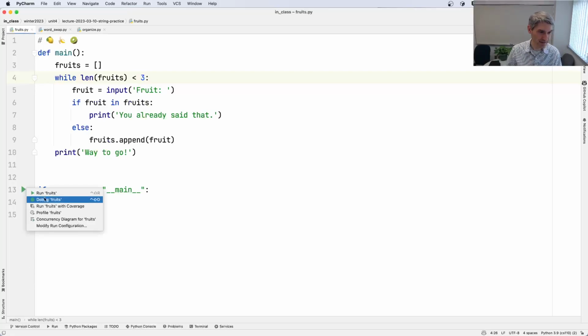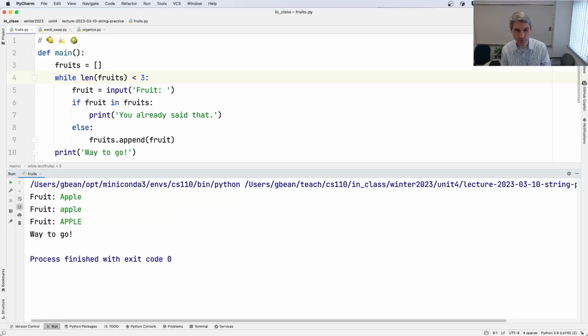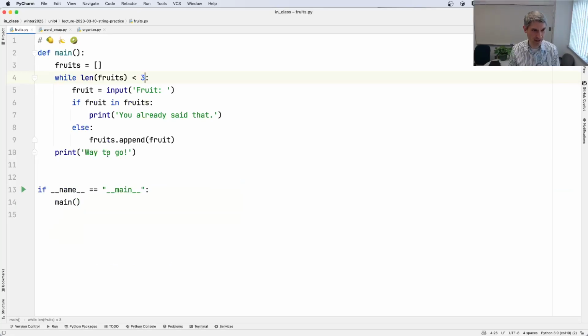Okay, so there's one other feature then that we wanted to keep track of, right? Right now, the way this is set up, run fruits. If I give you an apple, and then later an apple, and an apple, you'll take it. And we want to make it so that no matter what casing I provide, it excludes it. And the pattern typically for that is to standardize the case.